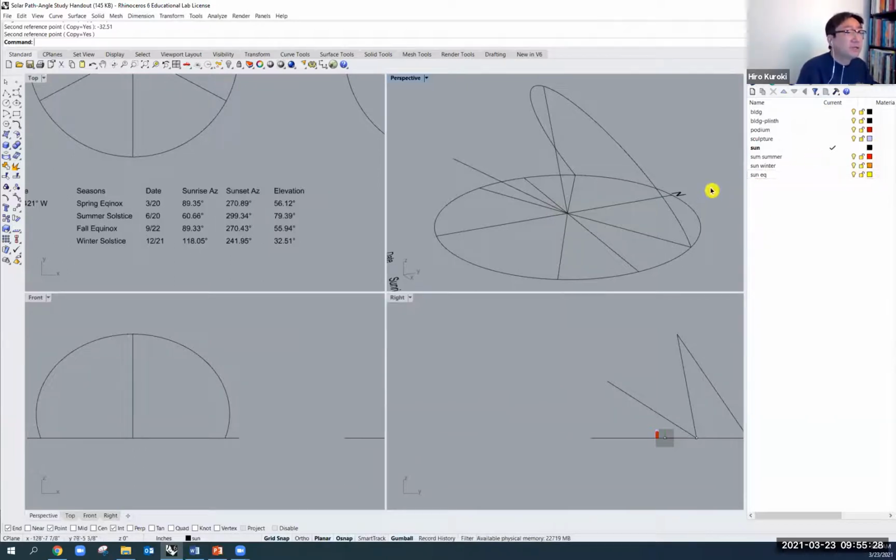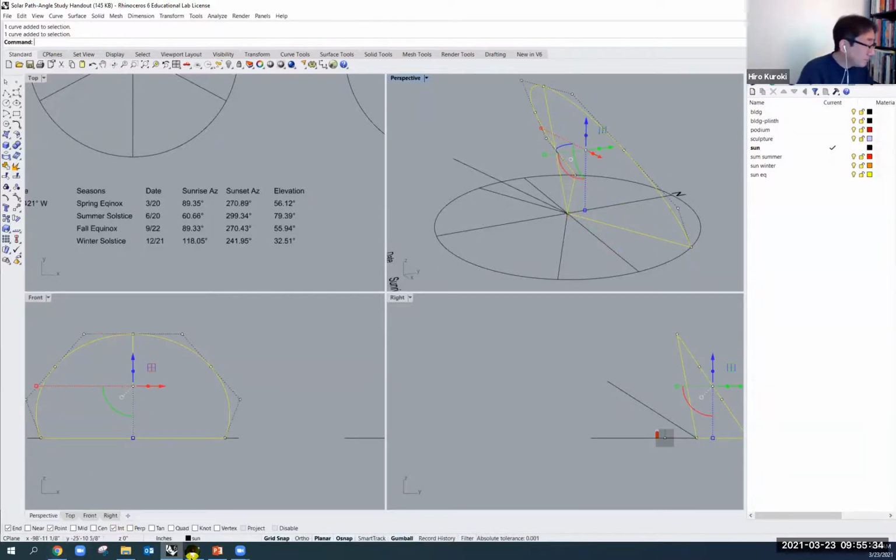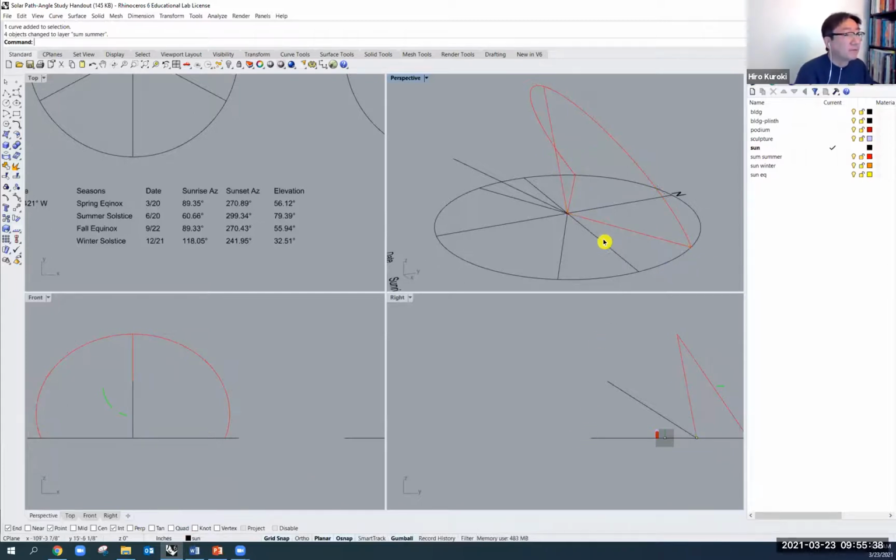Okay. So the sun summer, it's going to be this guy, this guy, this guy, and that guy. I'm going to put that as the sun summer. And then for the winter, I'm going to put this as the current layer. So I just draw right on it and do the same ARCH start. Smush down, right mouse button,